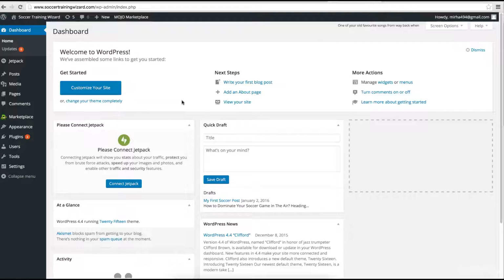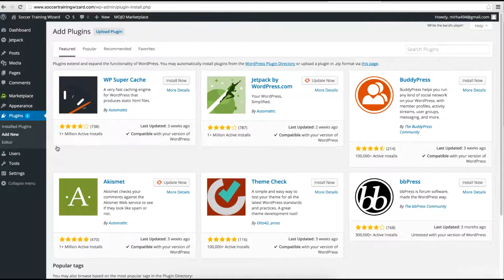The first thing I want you to do is to hover over plugins and click on add new. In this section you will see a bunch of different plugins that are being recommended by WordPress by default. You can also automatically install plugins from the WordPress plugin directory or even upload a plugin